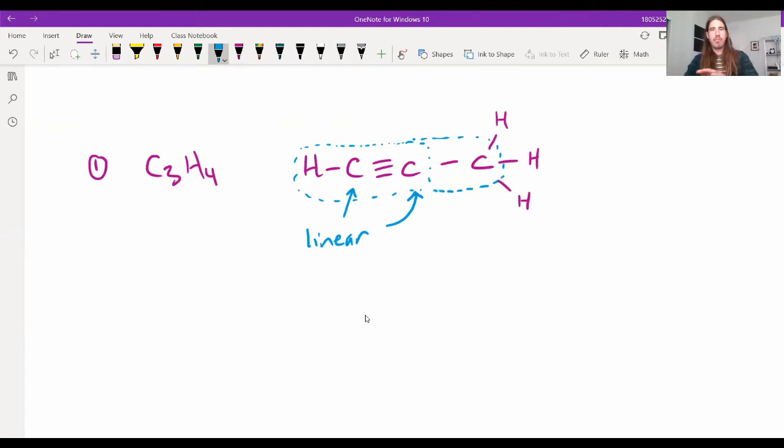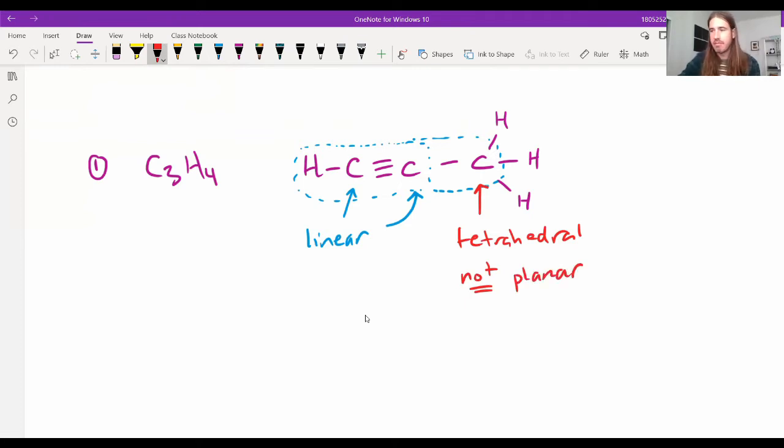So all 3 carbons and the hydrogen on the left are in the same plane. They're in the same line, actually, which is definitely the same plane. And then we get to this carbon on the right, which is tetrahedral, right? So this is where, again, we want to be able to easily identify the geometry of a central atom, which is not a planar geometry,